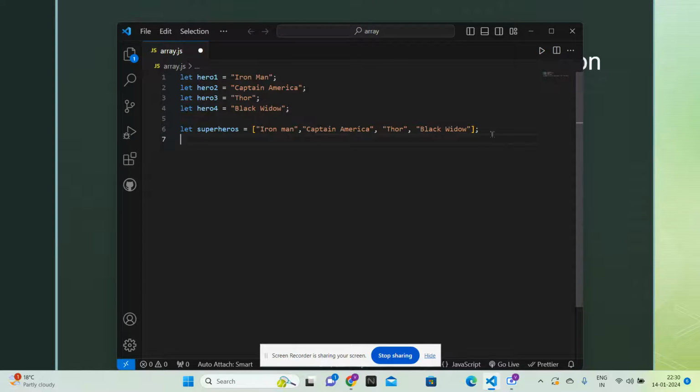Now another challenge is, you've written this, but if you want to access the individual hero, how do you do that? As I explained in the diagram, an array supports the concept of index, and the index always starts from zero. So if you write like this, what would you get? What is there on the zeroth index? These are the indexes: 0, 1, 2, 3. So on the zeroth index, you'll get